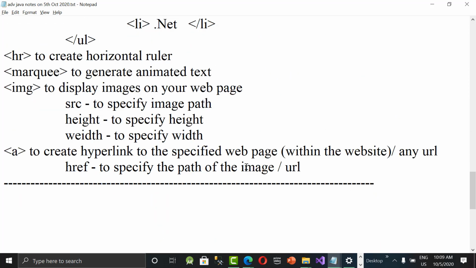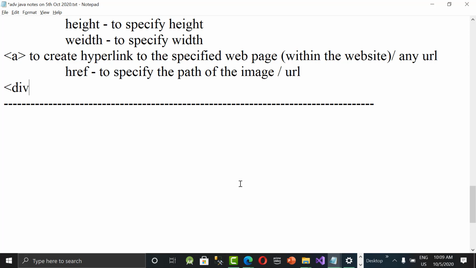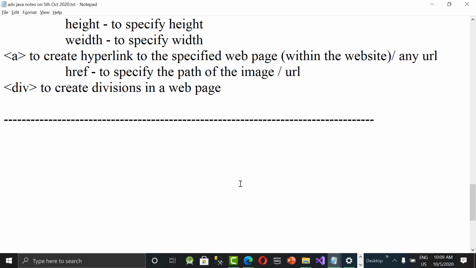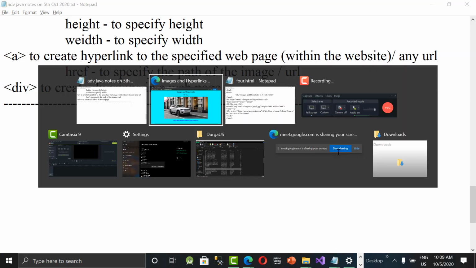The div tag is used to create divisions in a web page. For example, we have so many paragraphs, and for all those paragraphs I want to give a common alignment. Then we can use the div tag. So let's go for the div tag demo, 5.html.